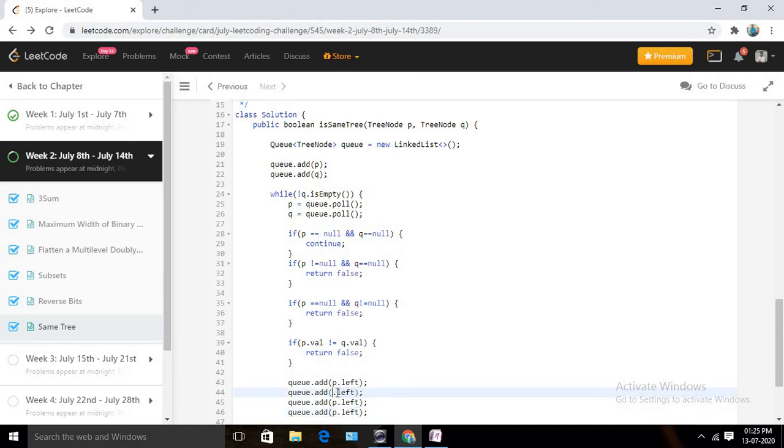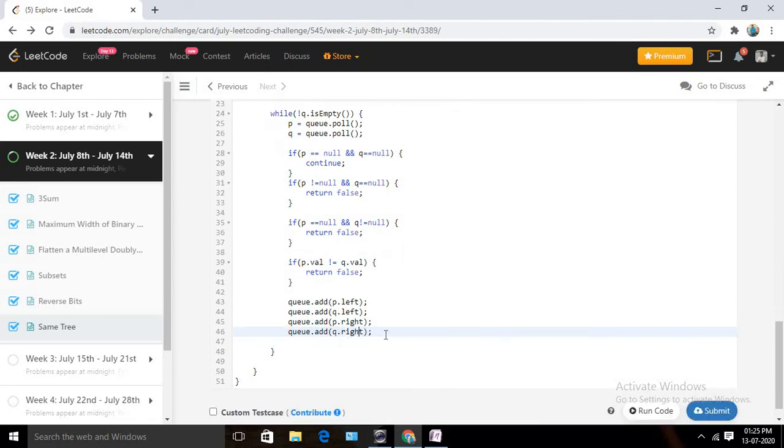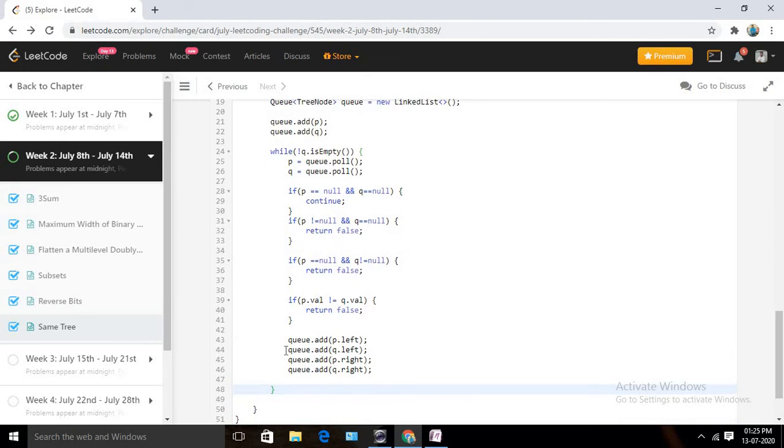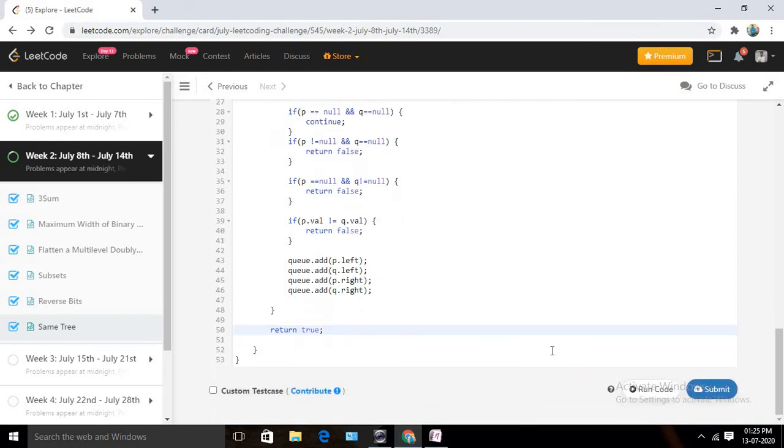It should be q dot left, then p dot right, then it should be q dot right. Okay, and if the queue is empty, then I am going to directly return true, right? That's pretty much, that is the solution. Let me run it and check whether it executes or not.